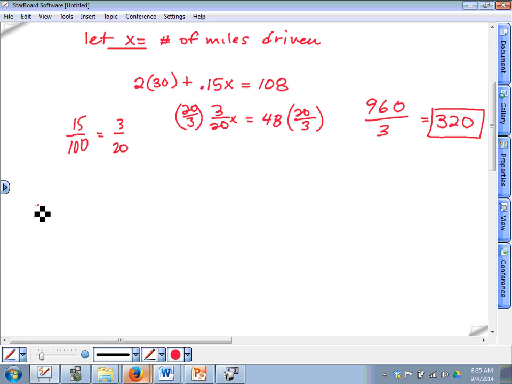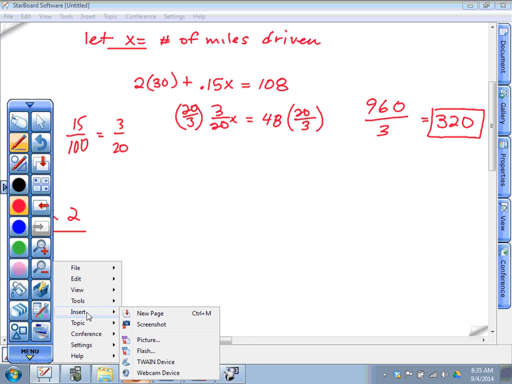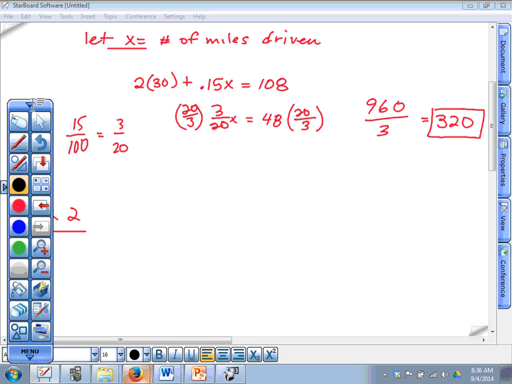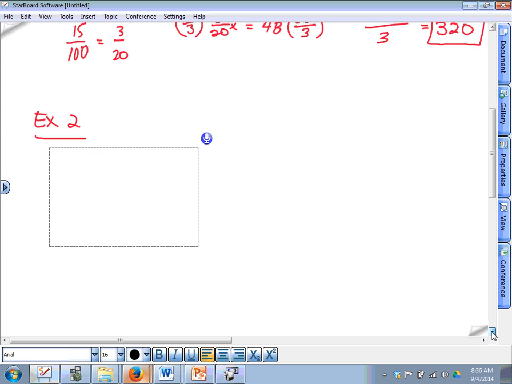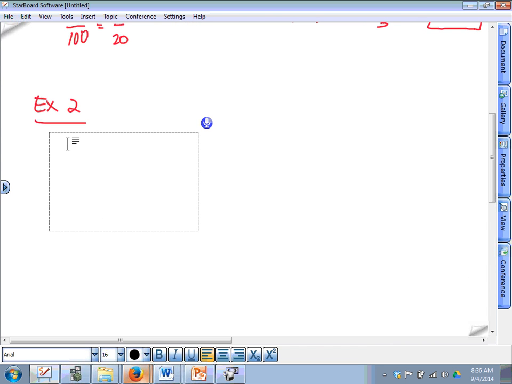Let's try another example. If that one was fun, you just wait for this one. All right. Anybody remember where that text thing was? Insert, tools, text. All right, this one is a little more sophisticated. Mary inherits, this is my dream, $100,000 and invests it in 2